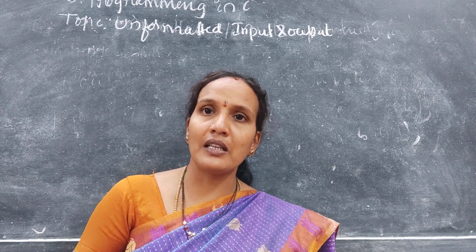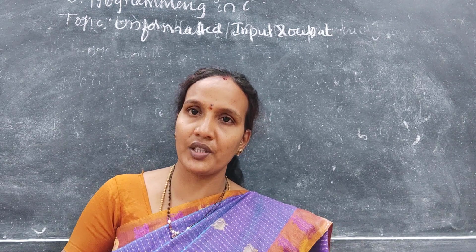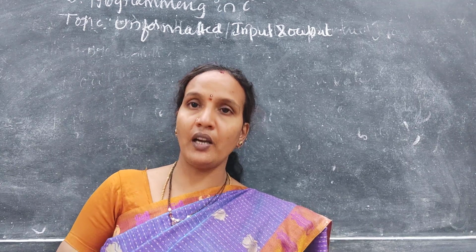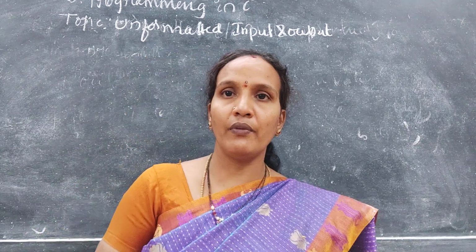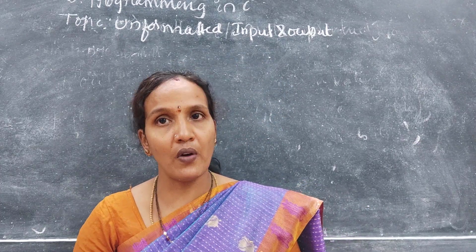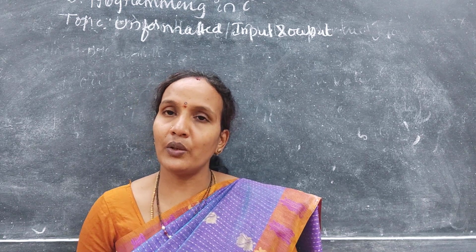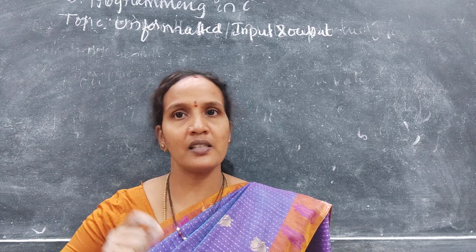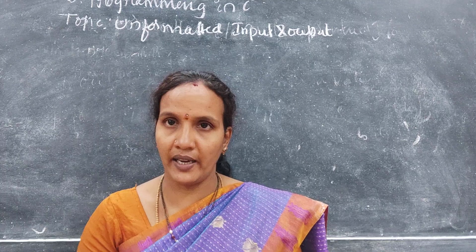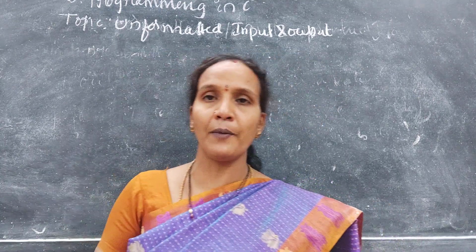So here we have some functions which do not require any conversion to store the data. Those are called unformatted, and here we need not use the format specifier. So that will come under unformatted input and output functions. Whatever the user is entering, as it is, will be stored in the system. Means that will be converted into a binary format directly. So in between we are not using any type conversion to store data into the system.